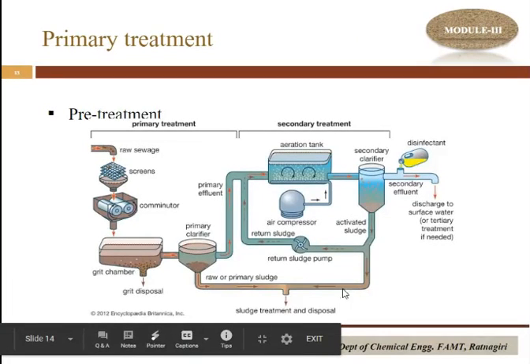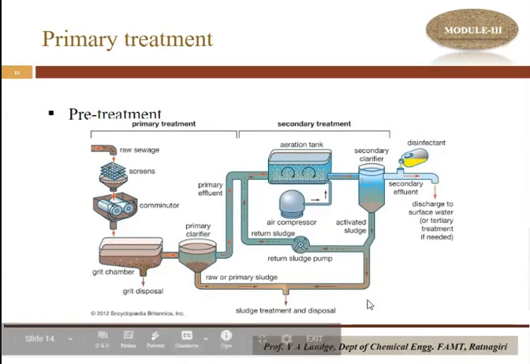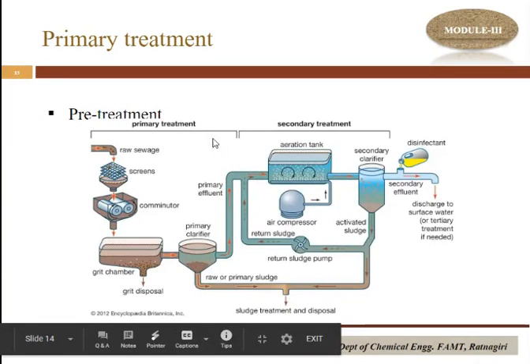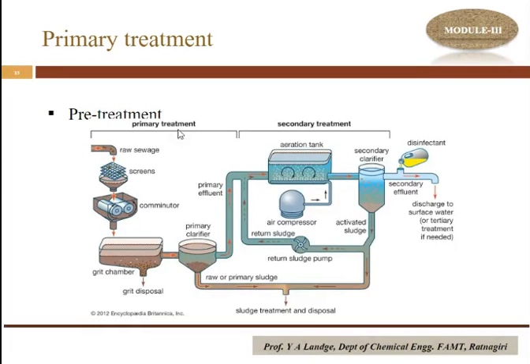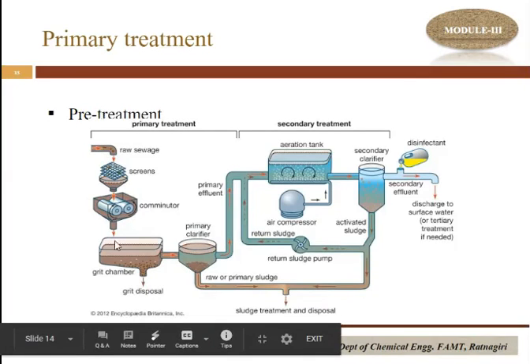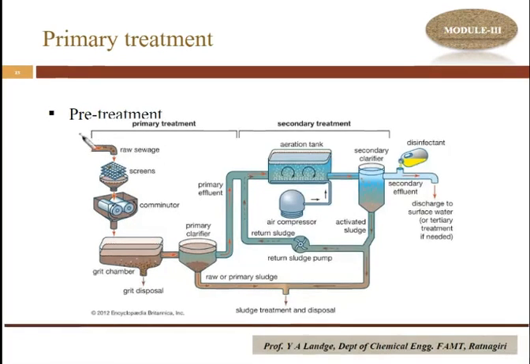So this is one diagram that I would like to show you. In this one, you see there is a pre-treatment, which we call the primary treatment. This is the portion where we show the primary treatment. And this one we call the primary, and this is the secondary treatment. So what are the unit operations in the primary treatment? We quickly take this review so that it is easy to understand what is happening in the secondary treatment, because after that we will talk in detail about the secondary treatment.